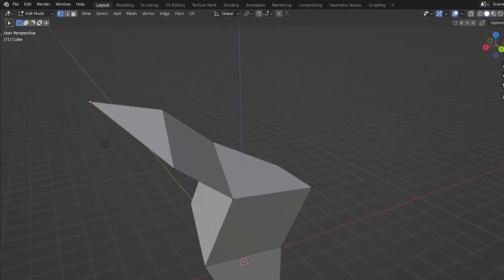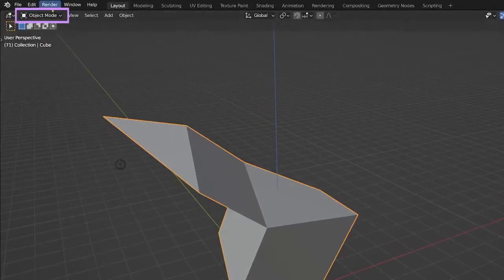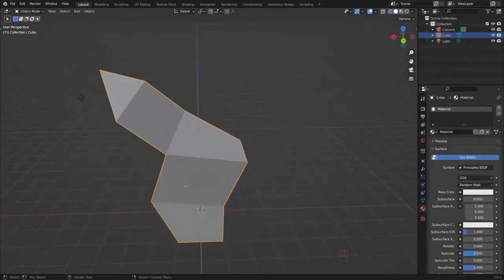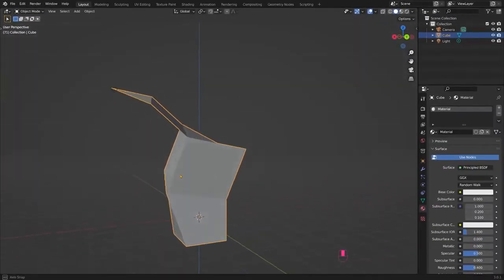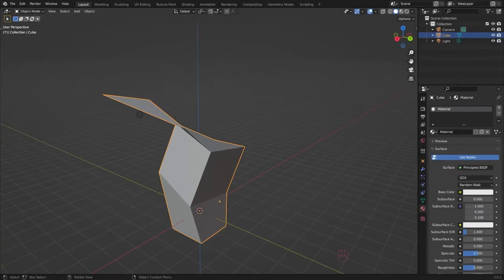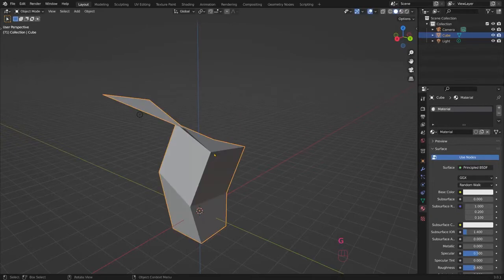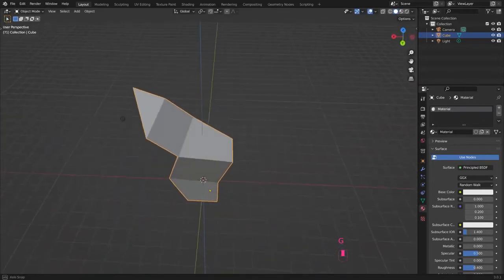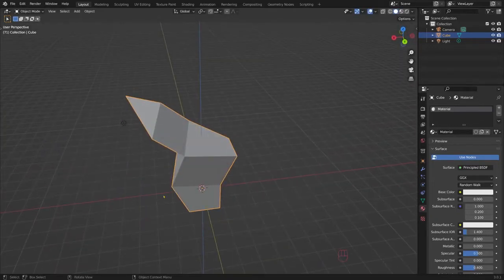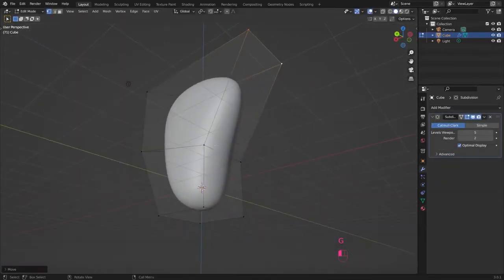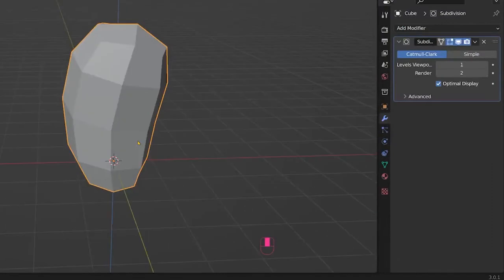If you now hit Tab again, you will again be in object mode, and you see that the whole cube has changed its shape. But once in object mode, you cannot edit the shape of the object anymore. You can only move it as a whole, or rotate or scale it. But what else can you now do with it? This I'm going to show you in the next lesson, where we are going to take a closer look at